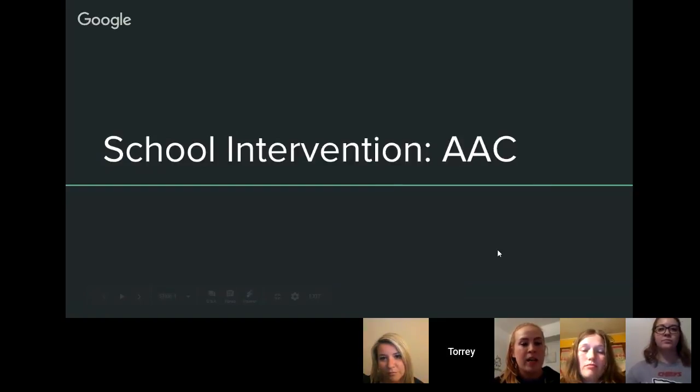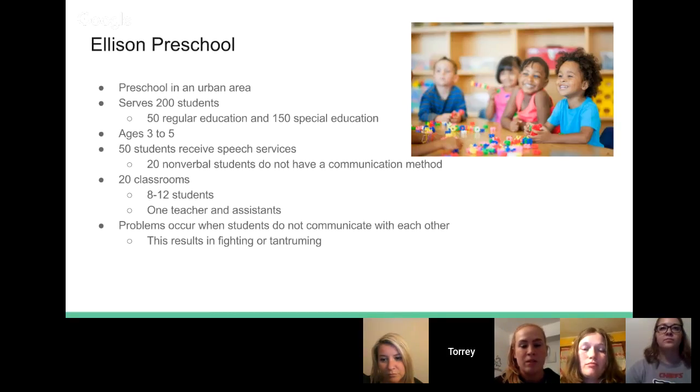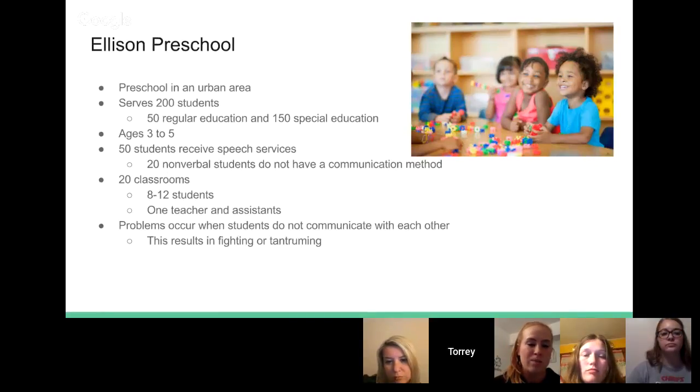Our preschool is located in an urban area and serves 200 3 to 5-year-olds. 150 of these students are in special education. There are 50 students receiving speech therapy, and about 20 of those students are nonverbal students who point and grunt with no other form of communication. The classrooms consist of 8 to 12 students with 1 teacher and 4 to 6 parent volunteers. The lack of communication in these students often leads to behavioral issues such as fights and tantrums during playtime in